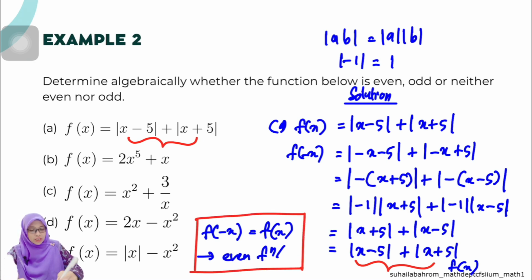So please take note that it is compulsory for you to write down this statement and also your conclusion. You cannot simply go up to this step, where you know that it is equivalent to f(x), but you didn't put this statement and just jump to the conclusion that it is an even function. Marks will be deducted, or you will just get marks for substituting x with the negative x, but you won't get full marks for that. So it is compulsory for you to conclude f(negative x) is equivalent to f(x),